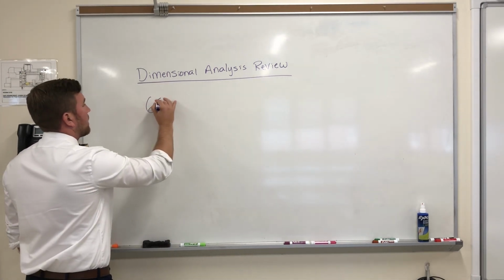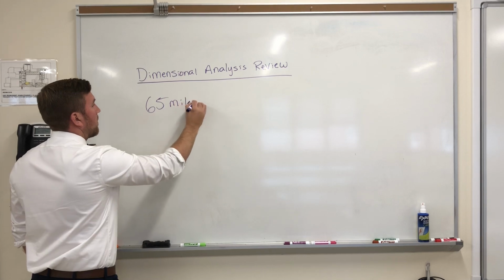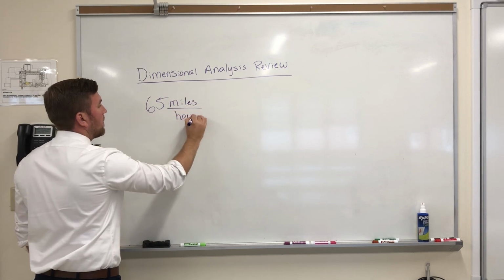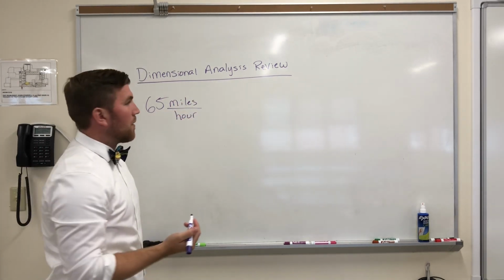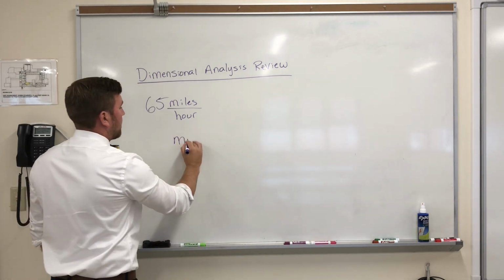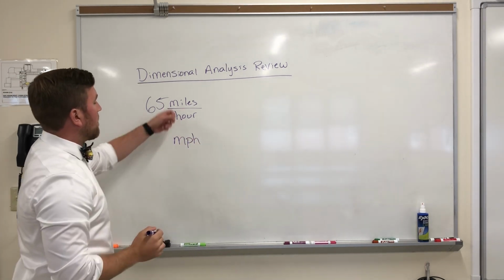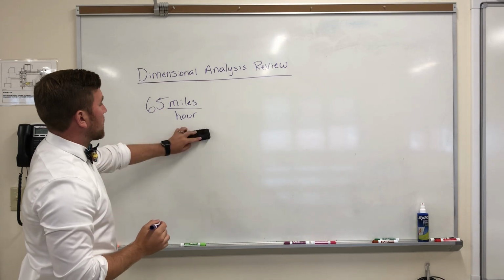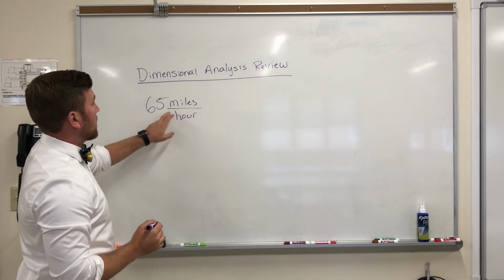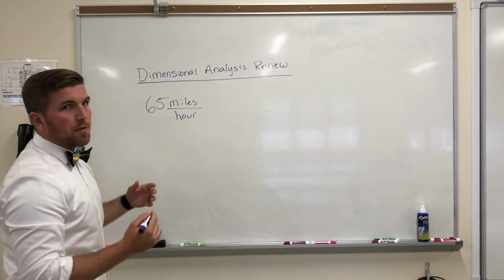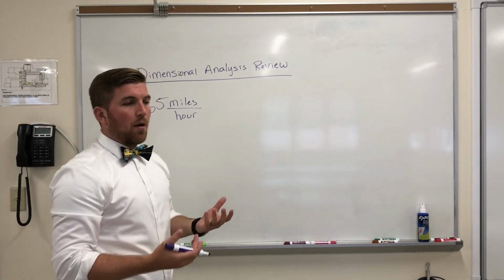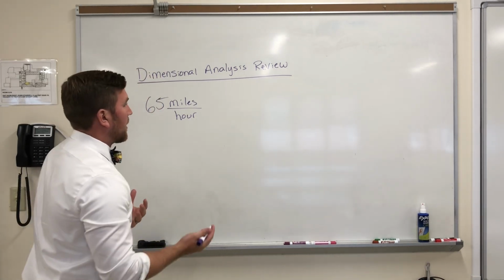for instance, 65 miles per hour. The first thing you want to take note of is that it's not written mph, but that I write miles over hours to keep myself straight on my dimensional analysis. So if I want to go 65 miles per hour and I wanted to convert to something like kilometers per day,